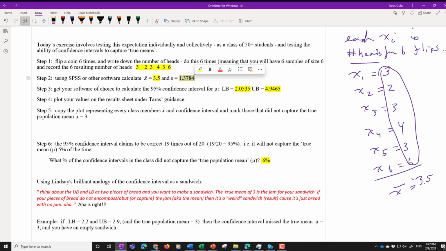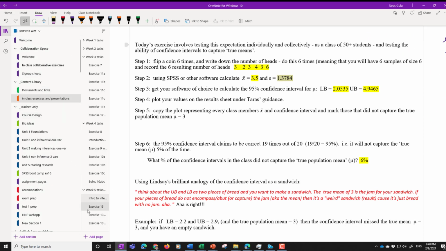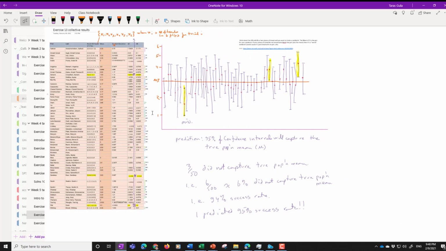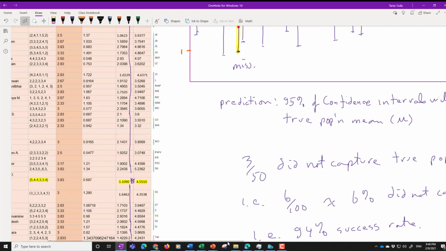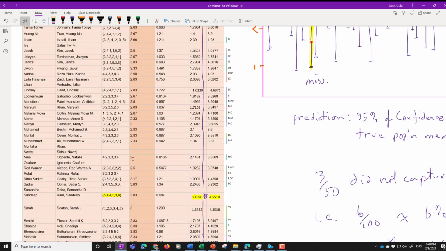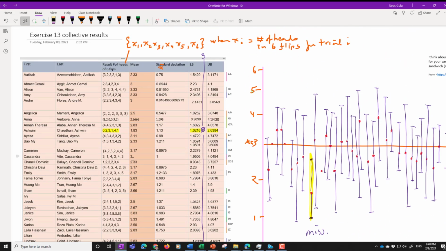And then what we did from that is, if you remember, I had all of you enter your data into this chart where you put your mean, standard deviation, your X bar. So each of you came up with an individual X bar, which is the mean of the 6 results for number of heads. And then you calculated lower bound and upper bound using the following